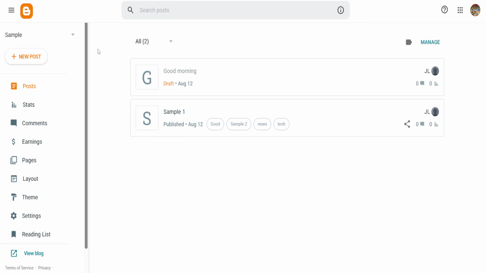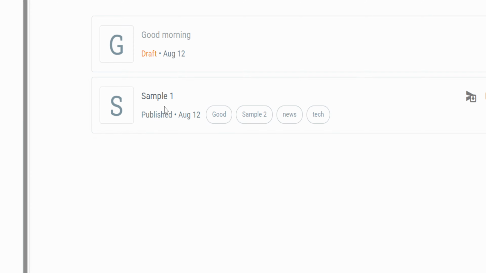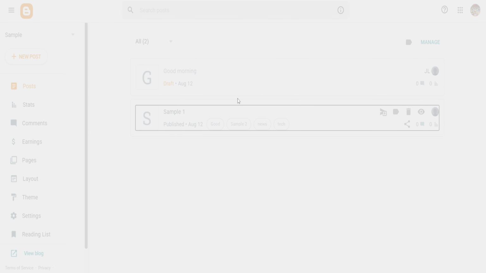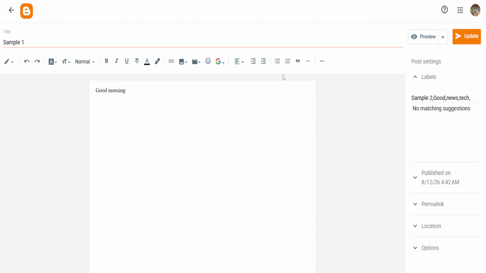To begin, open your Blogger dashboard. From there, either create a new post or open an existing post that you want to edit. This works well if you already have a product review, recommendation list, or any article where mentioning a product naturally fits into the content. Once you're inside the post editor, locate the text you want to turn into a clickable